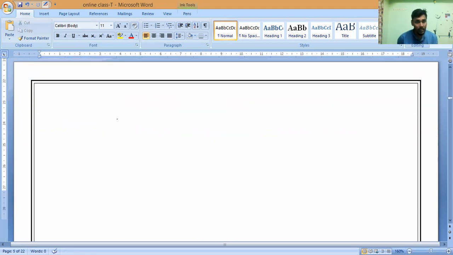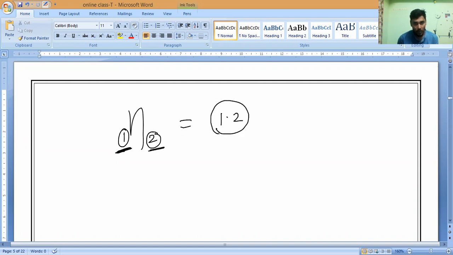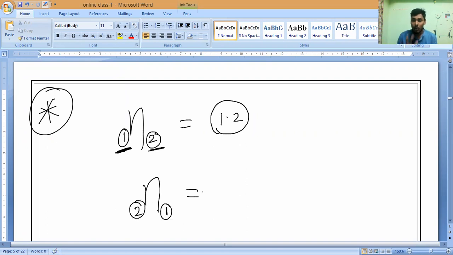They have given the refractive index of medium 1 with respect to medium 2 as some value. Let me take 1.2. Now, this is a special case question. Please remember, your teachers may not explain this. Now they are asking for the refractive index of medium 2 with respect to medium 1. In this case, one relation should be in our brain.